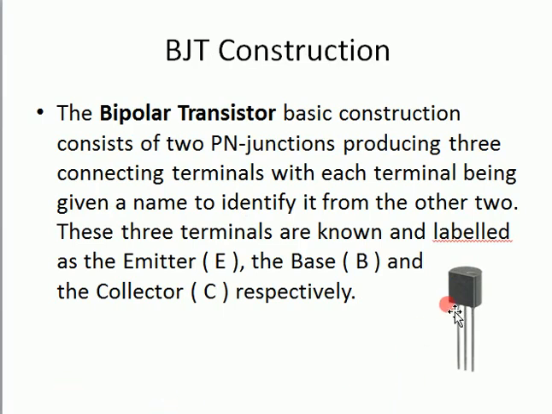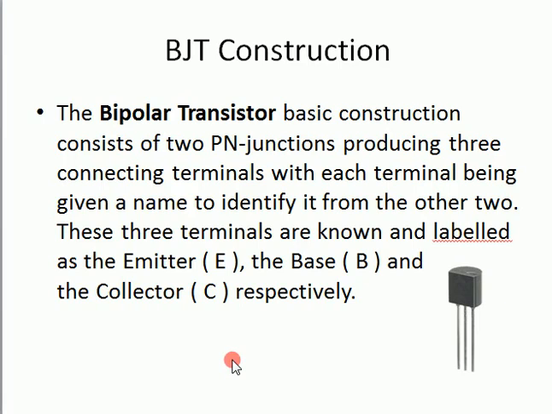So here is the transistor. You see three terminals here. The first one is the base, the other is the emitter, and the third one is the collector. But we can't say which one is the base terminal, which is the emitter terminal, and which is the collector terminal. We come to know about it by using it in the lab and by using the multimeter. So we come to know which terminal is which.